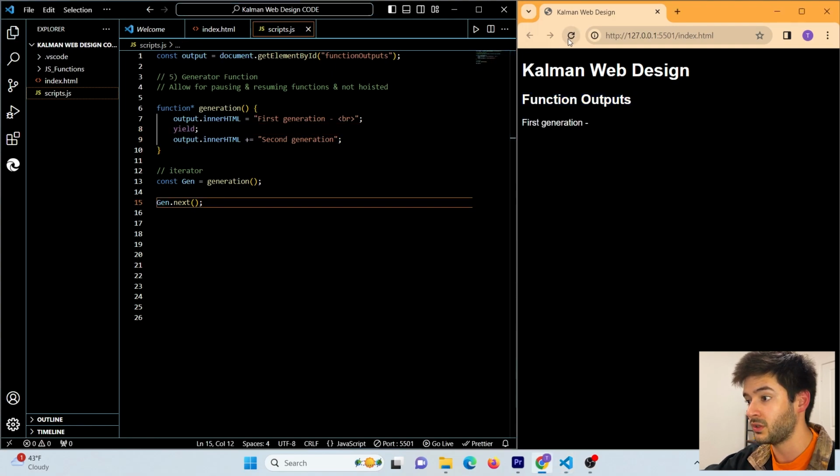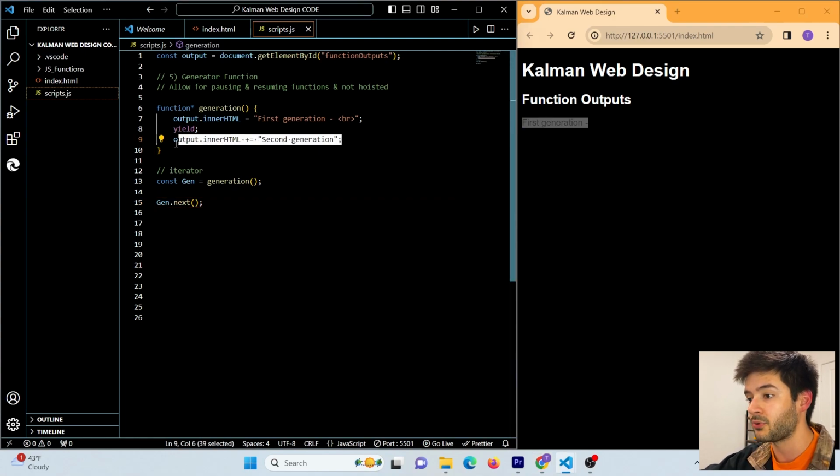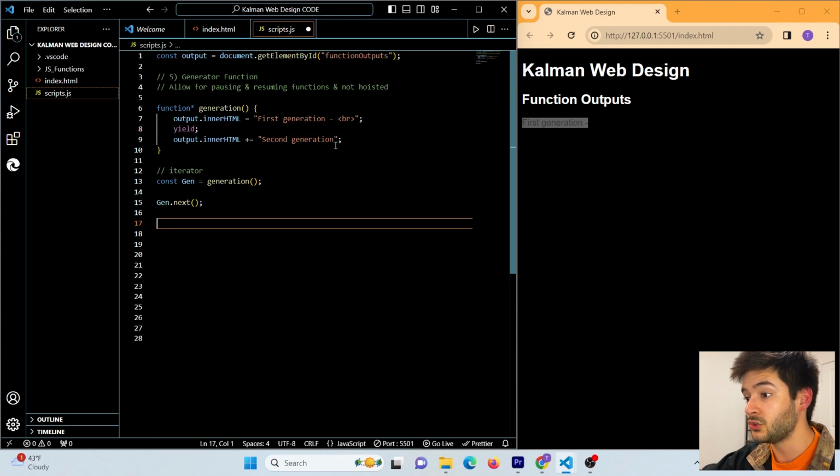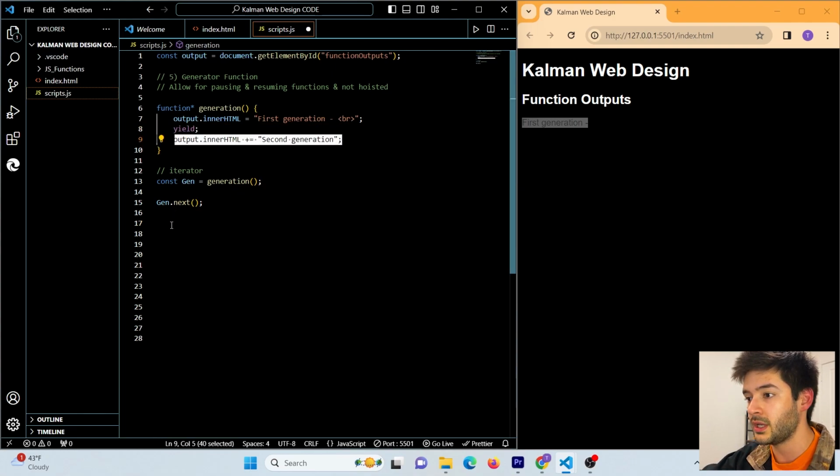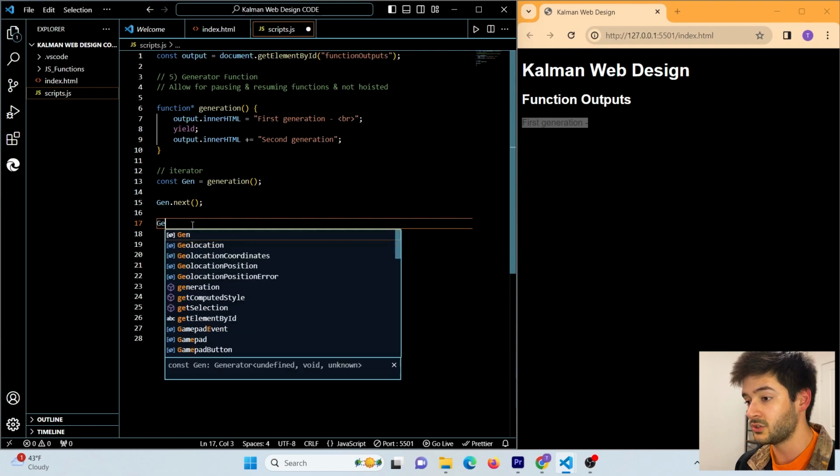So we'll save and refresh, and now you guys can see it's printing first generation with our dash, but it is not printing our second line of code within our function here because our function is currently paused where it says yield. If we want to use this second line of code in our generation function, what we can do is reference